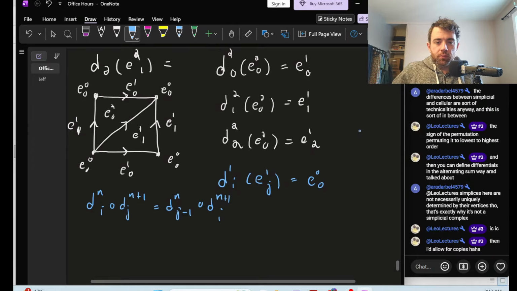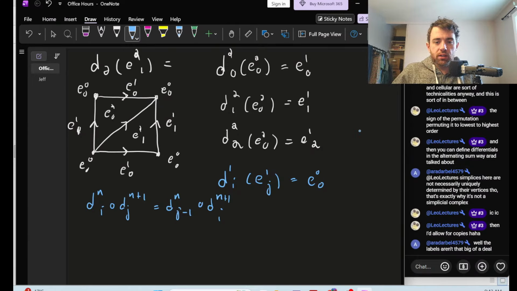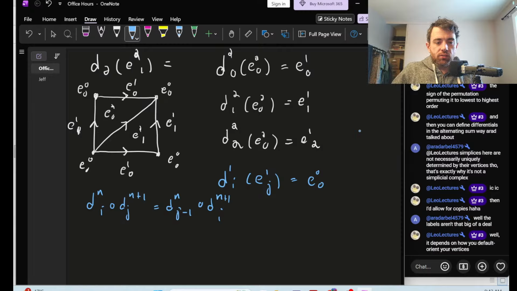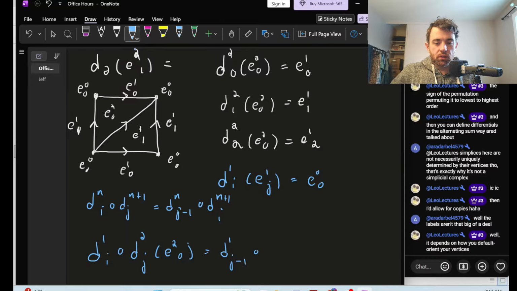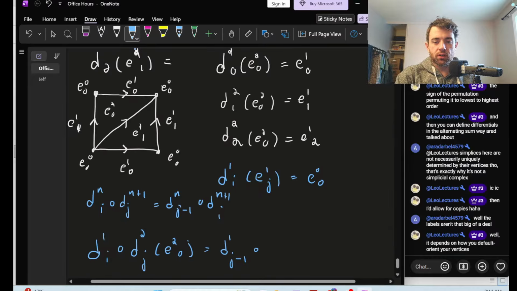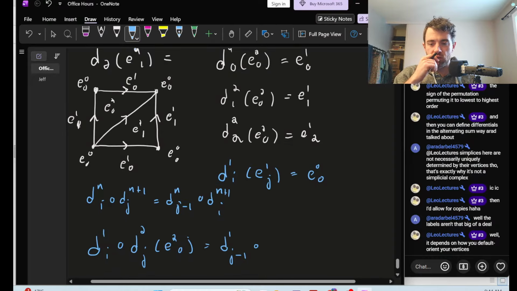So let's check this. If we go D1I composed with D2J, and I test it on E20, for example, then it had better be D1 J minus 1 composed with, okay, so it doesn't matter because the D1s are going to be equal on all elements. So,